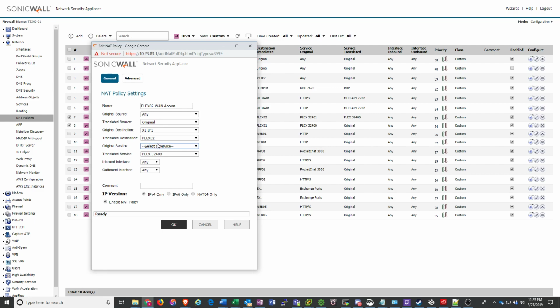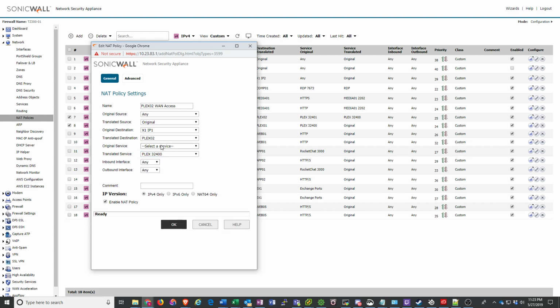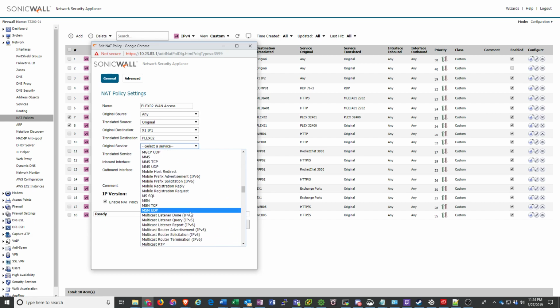any of them. Translated service in this case is you're going to go back to that object you created on the first one, 32400. And basically what you're doing here is you're telling anyone from outside where your Plex server is, when they come in, they will be hitting your WAN IP. And it's going to say, if they translate that WAN IP to this local IP address of your second Plex server, under the condition that they are using